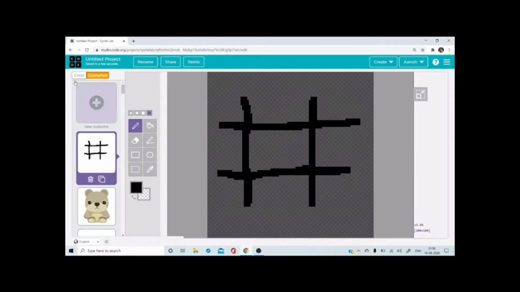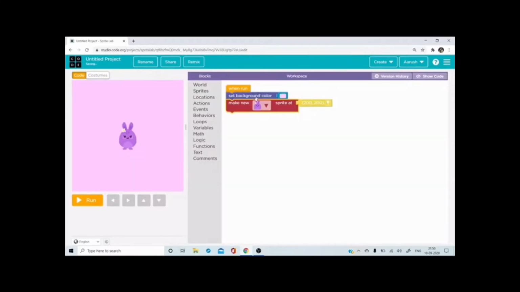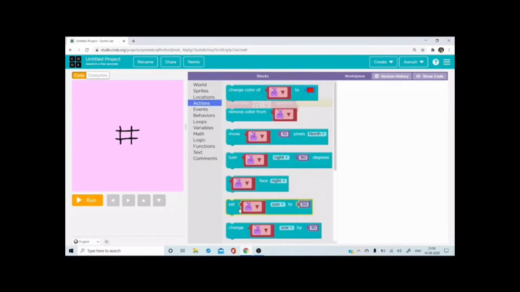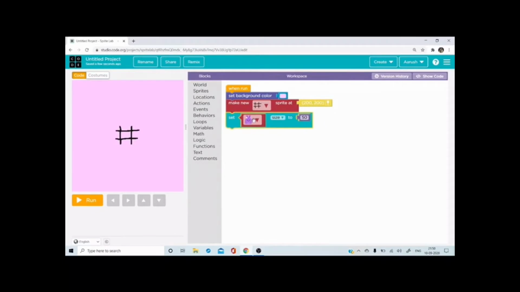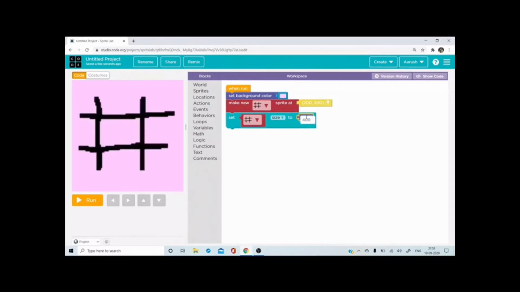All right, so here I go in the code mode. I'm going to select this, and this is this. But this is very, very small. So what is the next thing which we will do here? We are going to set the size. How will you set the size? You'll change the sprite and make it, let's say 400.